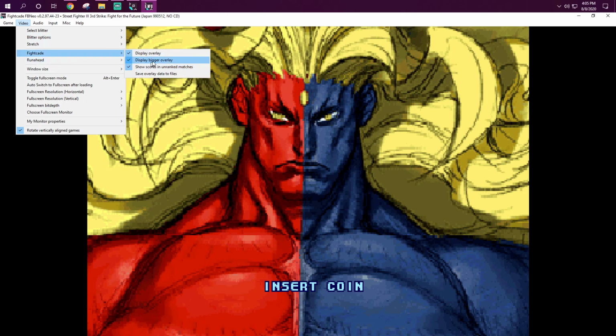For Fightcade, this is how you have your display. So if you guys want the score on, you can have display overlay, display bigger overlay, and show scores in unranked matches. Also, for run ahead, this is a new option for Fightcade 2, which basically